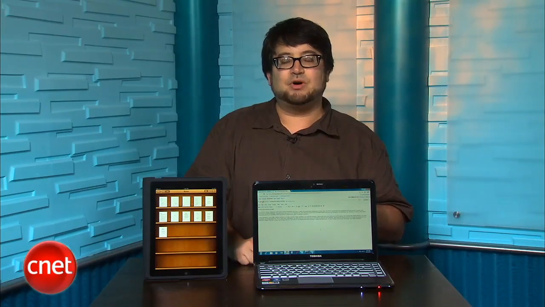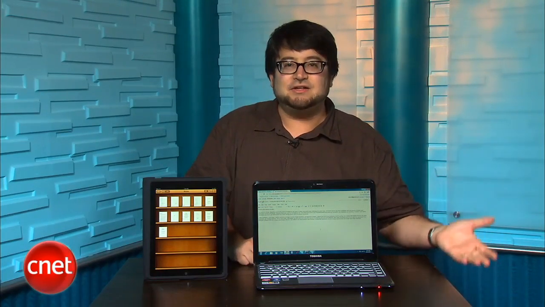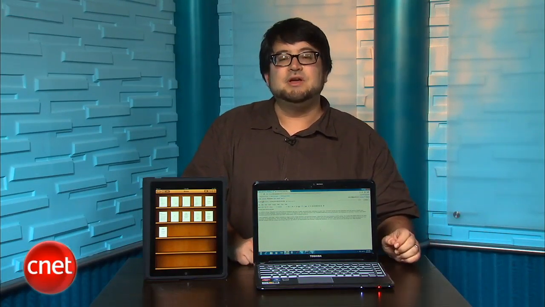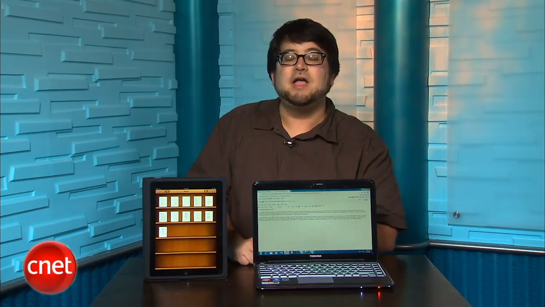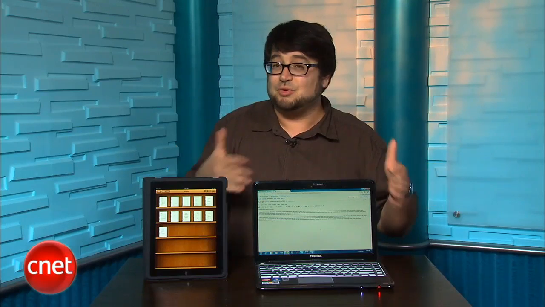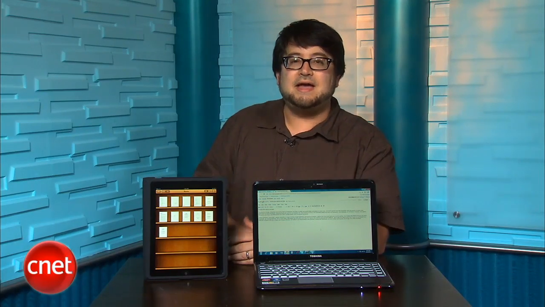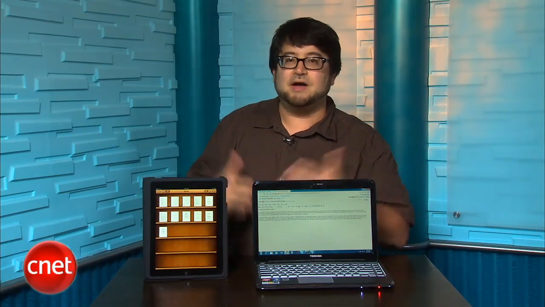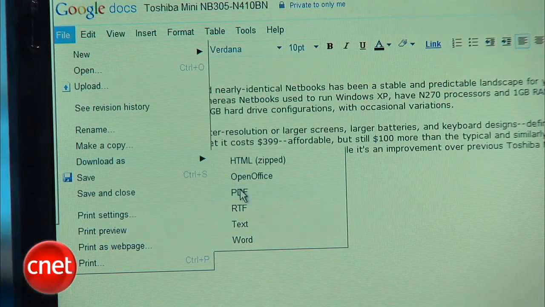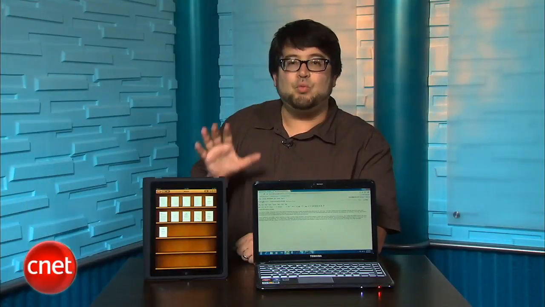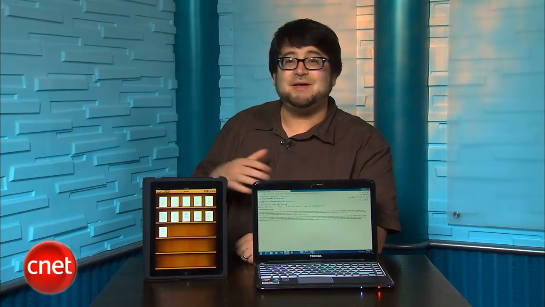Now, if you haven't done it before, you may be confused as to how exactly to do it. On a Mac, it's dead simple. You actually go from the print menu and you can actually save as a PDF from there, from any document or any program that you're working on. And it's actually very simple. A lot of modern word processors can save as PDFs, screenwriting programs, and Google Docs can save automatically as a PDF as well. From there, we find that the easiest way to do it is just email the document to